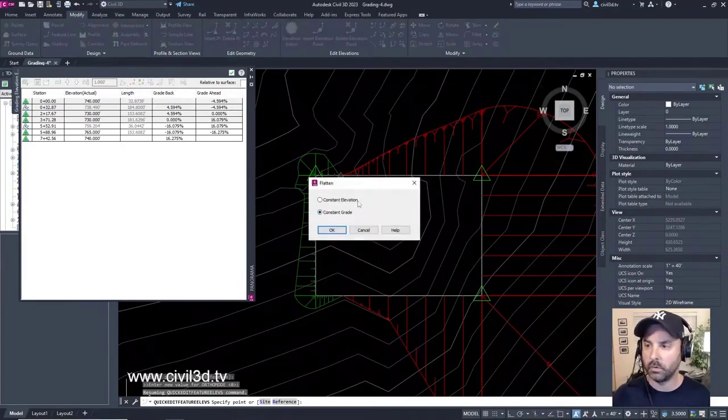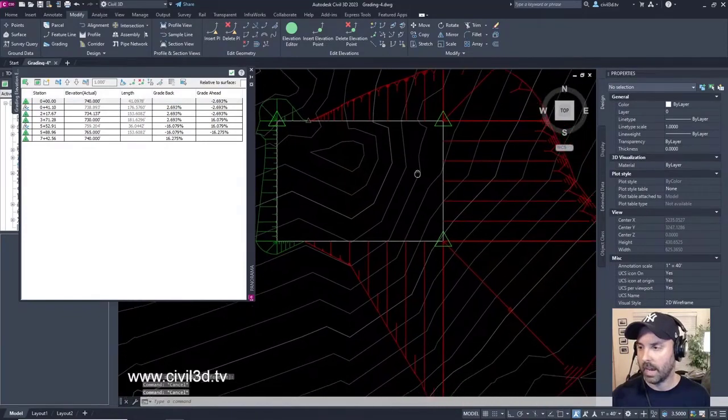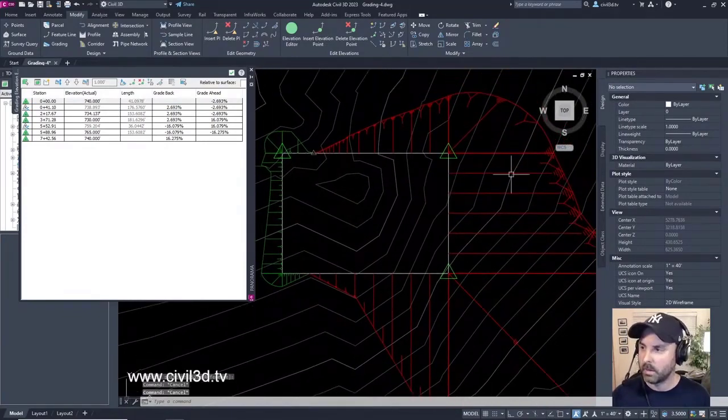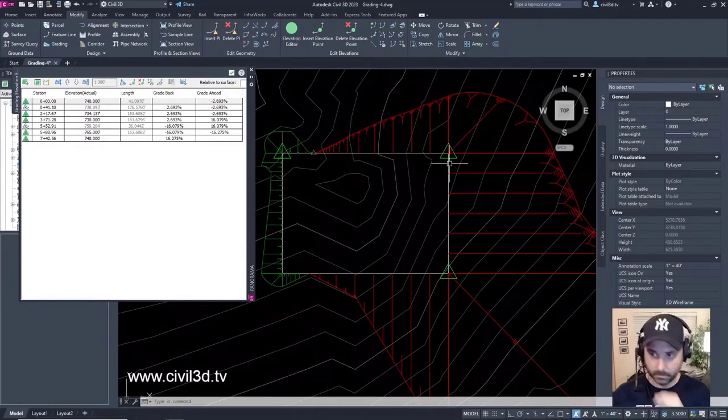I can choose if I want it to be a constant elevation or a constant grade. I'm going to choose a constant grade, and you'll see what ends up happening. I'll click OK, and you can see how things shifted a little bit with our cut, but all of this changed to be a consistent grade.